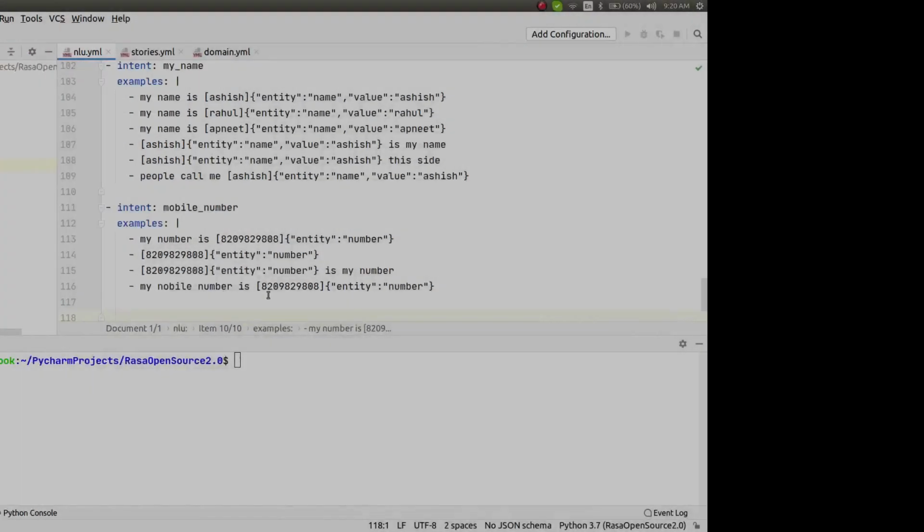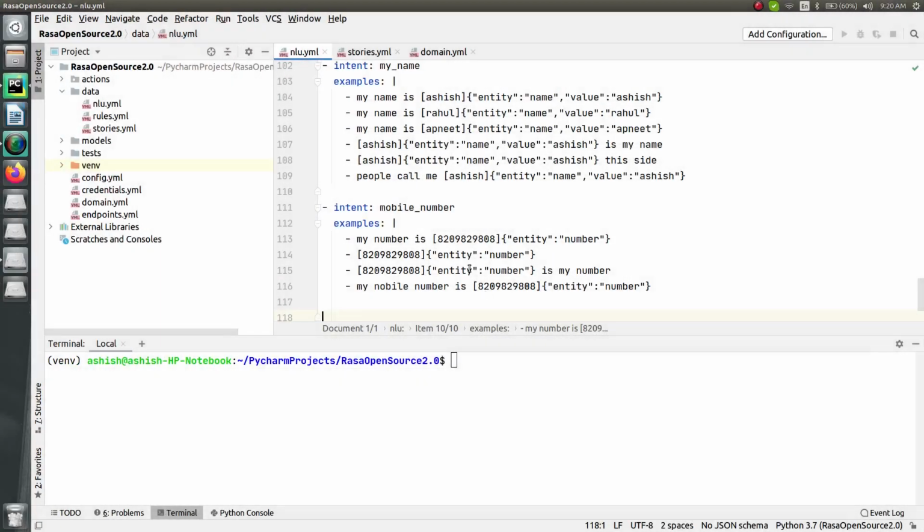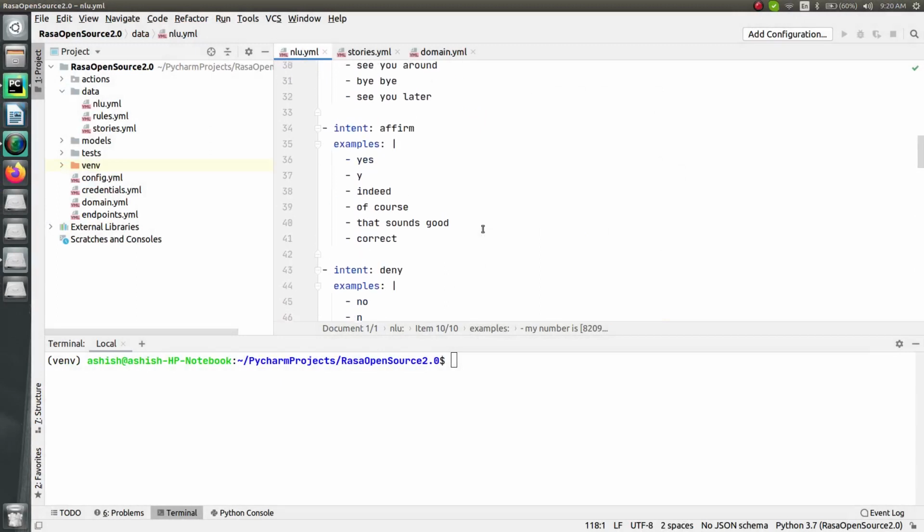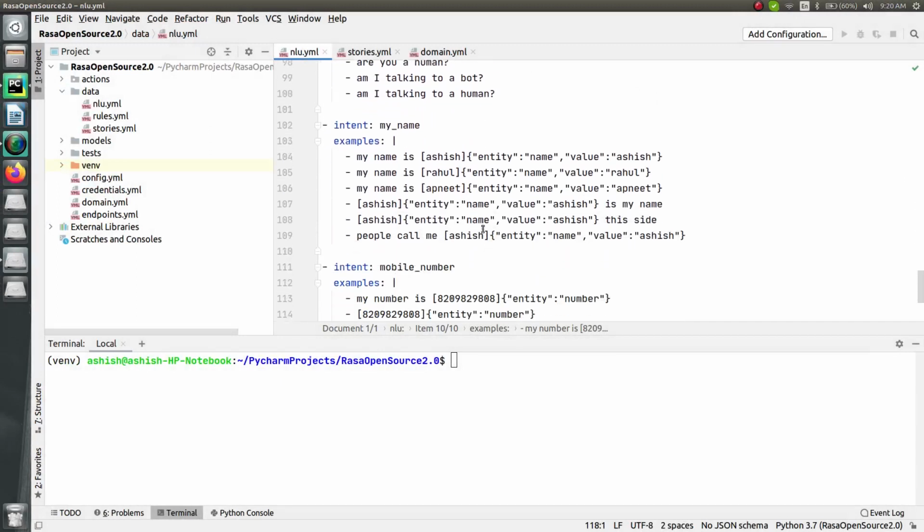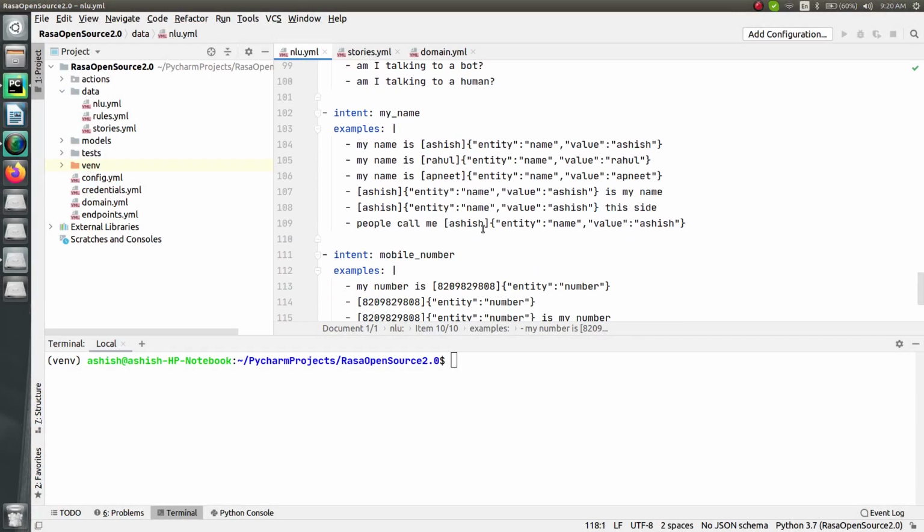Alright, so as you can see on your screen, this is the project that we covered in the previous session, where we added some intents where we had some entities to extract, like the name and the mobile number. Now the next step is to collect them and store them into the slots so that we can use them further to perform various actions. So let's see how to add the slots for your entities.